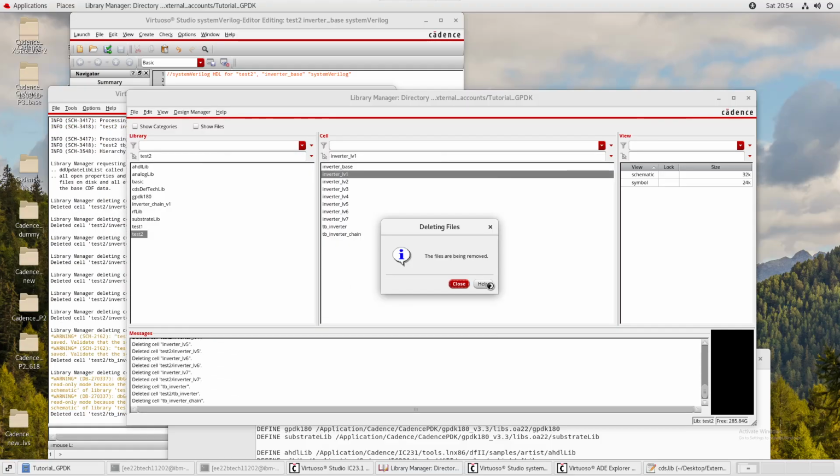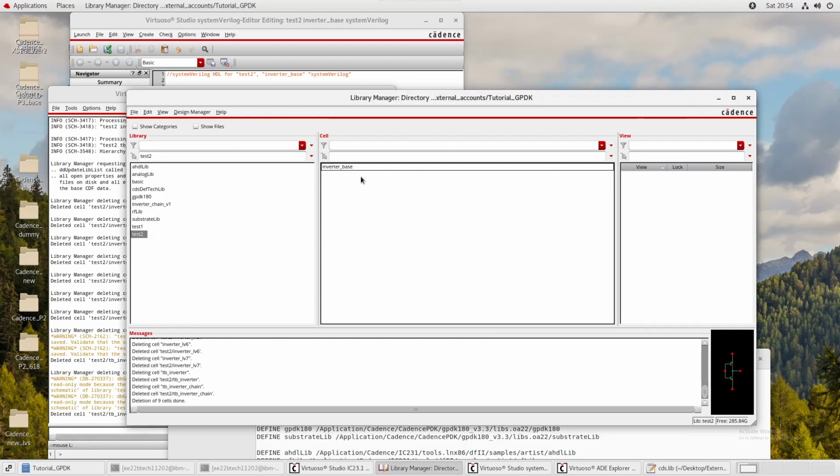I've personally found that any copying and all this is pretty wonky in Cadence. So I would recommend you to be on the safe side and not try to overwrite a lot of things,